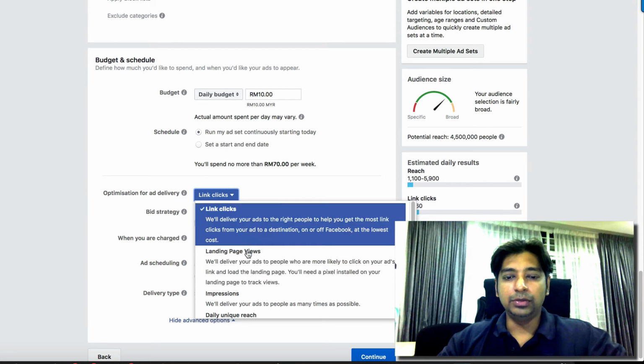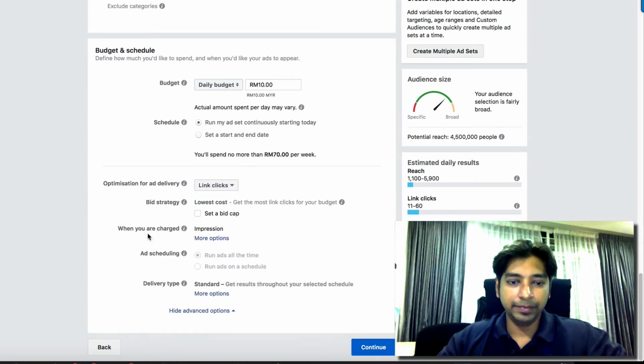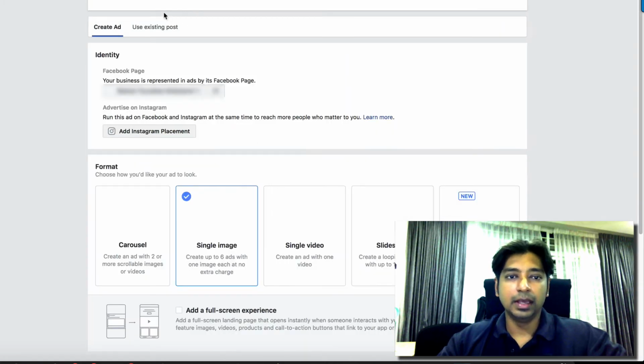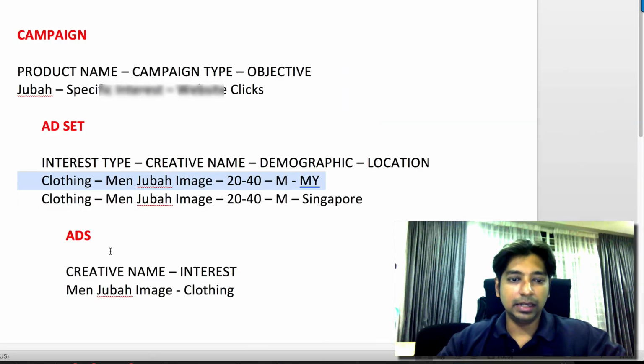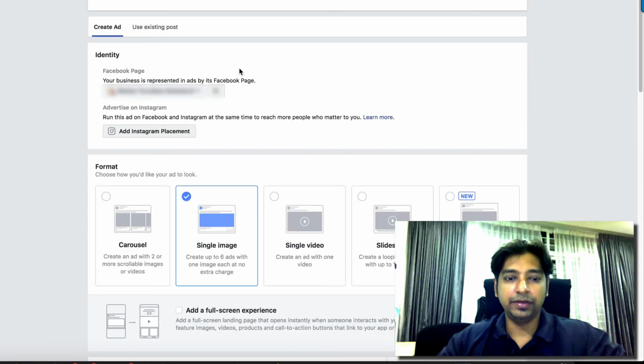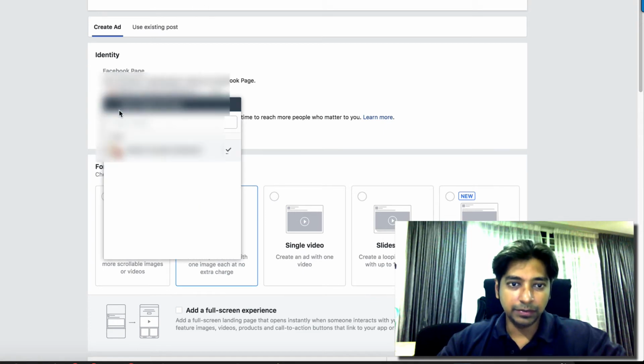Honestly, I don't see much of a difference, so I would stick to link click at the moment. I will be charged per impression, then let's say continue. So here you have the ad name. Again, I'll go back to the creative here. I'll add Manjuba and the clothing as an interest, and I will pick a different